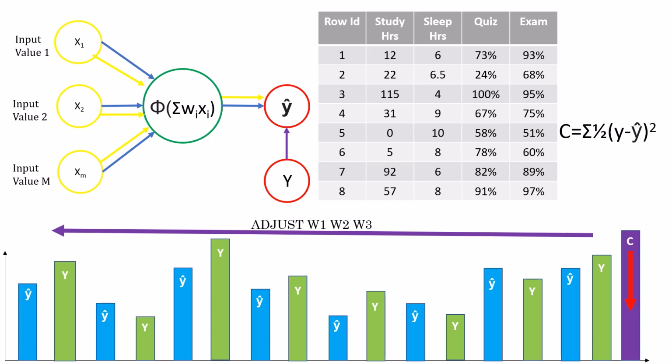When we get the minimum cost function, that is your final neural network. That means your weights have been optimized. You have found the optimum value of the weights, and hereby you are ready to go to the testing phase or application phase. So this feeding back of data is called backpropagation. We'll discuss more about it in the upcoming tutorials.